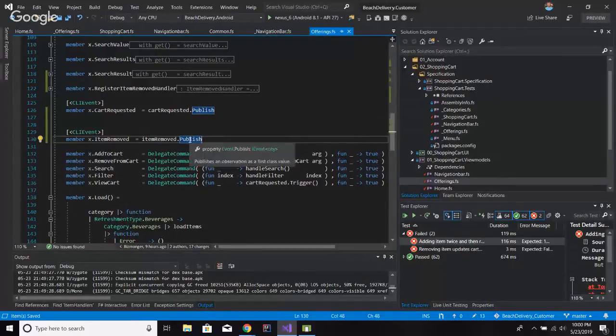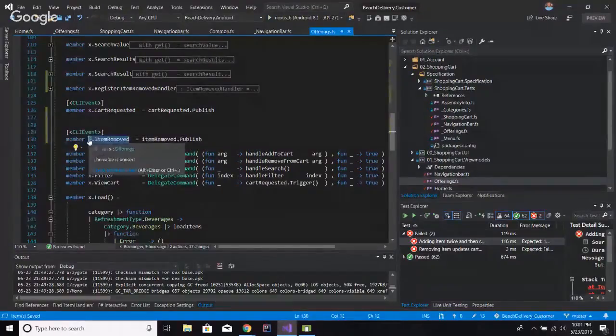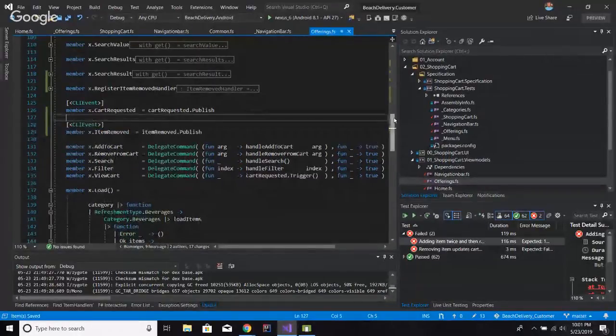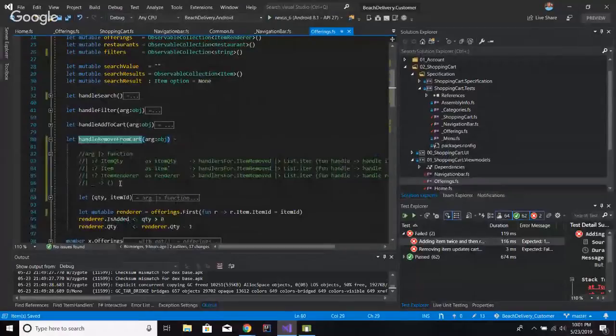This publish is just for exposing this event to outside clients. There should be a trigger that we want to do. And so that trigger is going to be handled in, there should be a remove from cart function right here. And so here we probably want to say